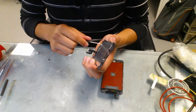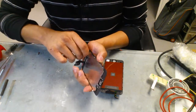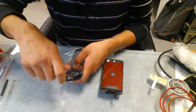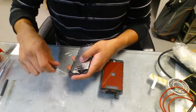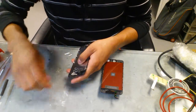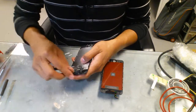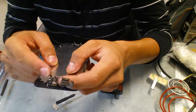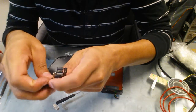Once I remove the ones from the frame, I'm gonna take off the ones from the speaker, because one of them actually holds the metal frame too. So I'm gonna go ahead and take the whole frame off. And the speaker's gonna come off. So we keep those together. The camera flex is right above the speaker, so it's in between 2 flexes. So we lift it up, we take the speaker out,